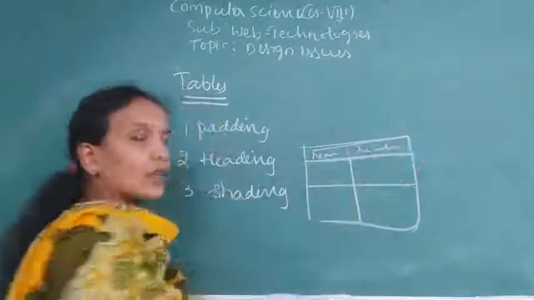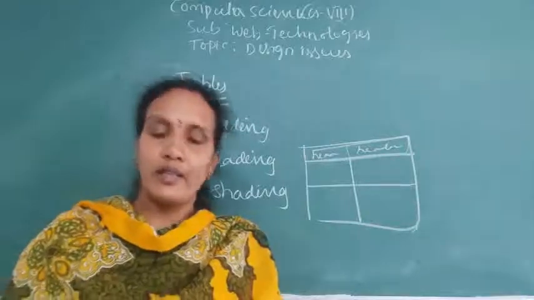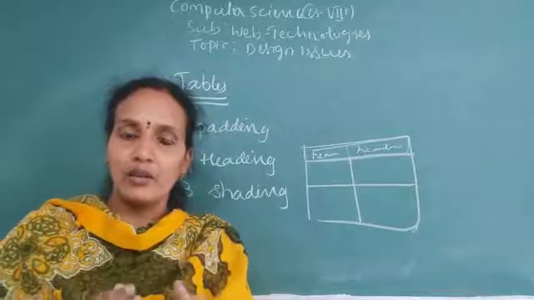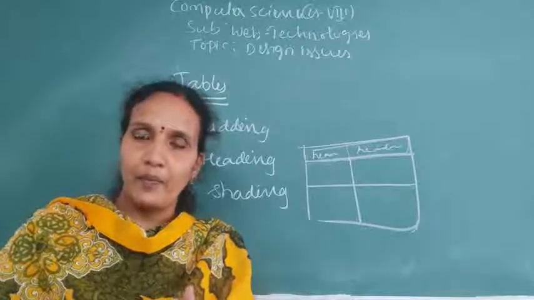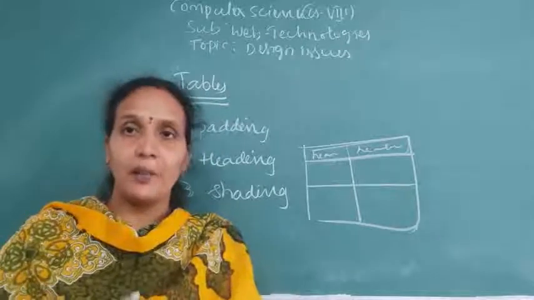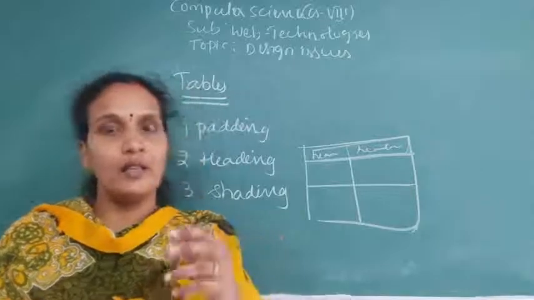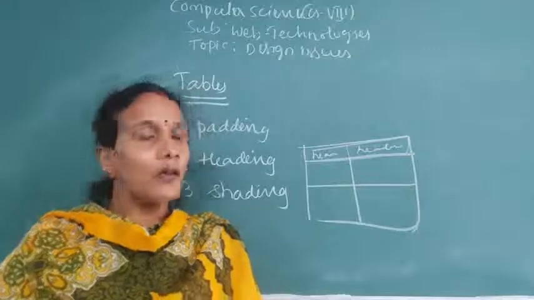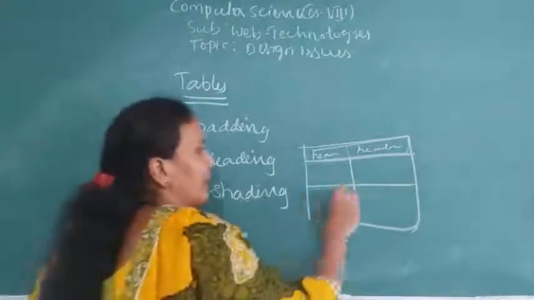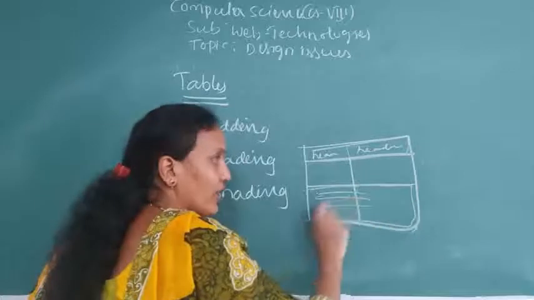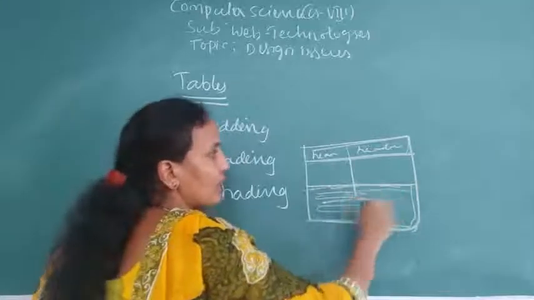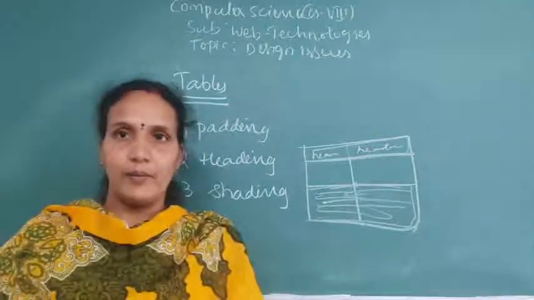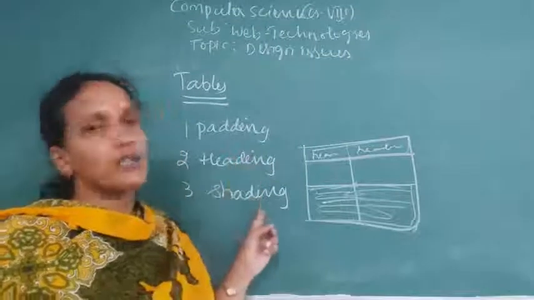Okay, that is the second point. When you are designing a website which contains a table, you should give proper padding and proper headings. Proper headings means that in a table you always try to keep the first line for headings. And in every alternate row you give shades, so that it is easy for the user to follow all the rows in the table. So these are the three things in the table.